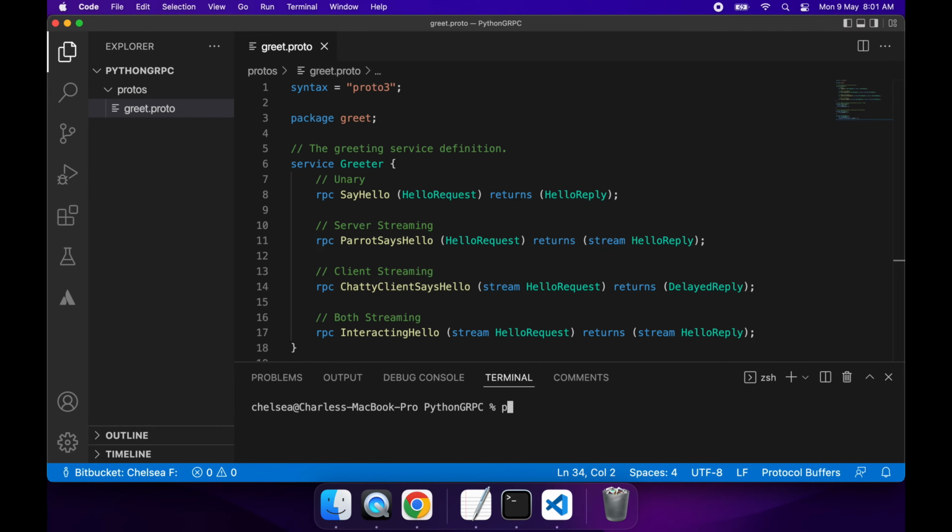Hi everyone, today I'm going to show you how to create a gRPC client and server. First off, you're going to want to install the gRPC IO tools. This is going to allow you to generate some code from your proto file, which is effectively your definition